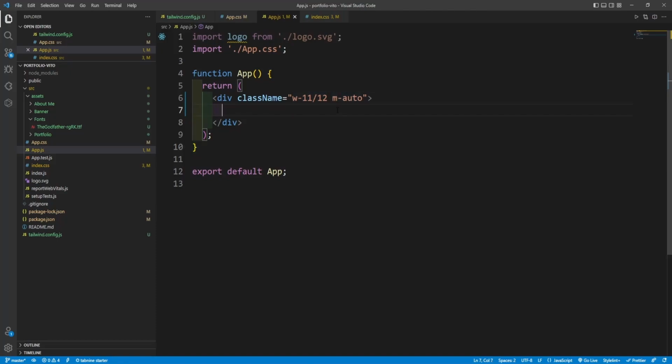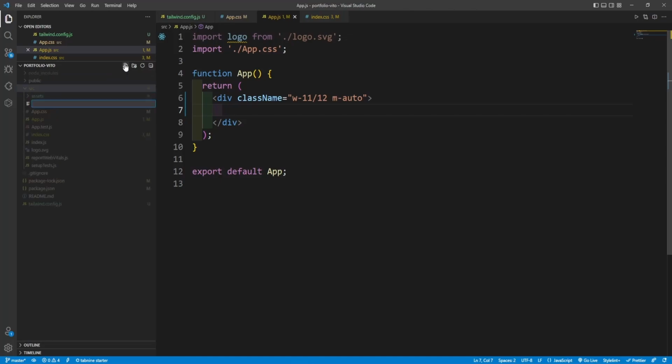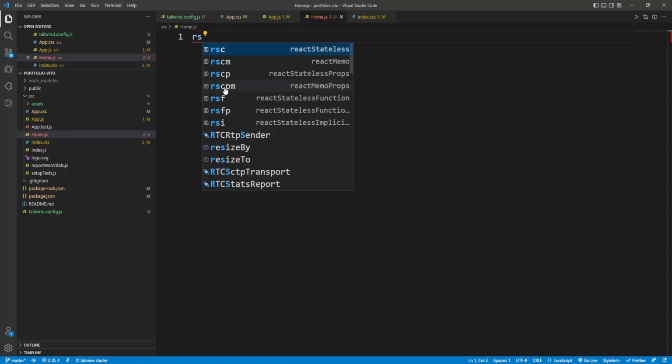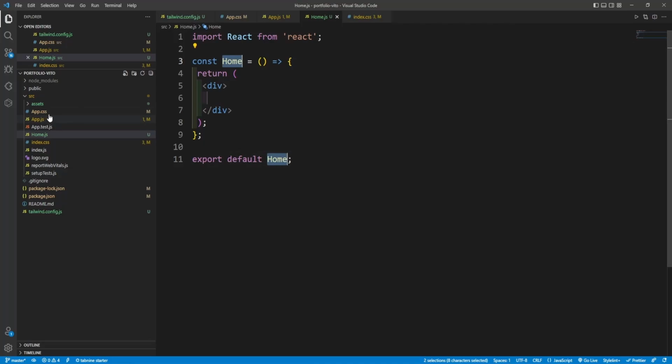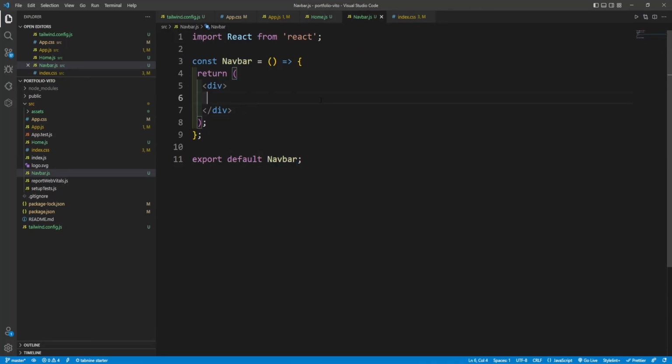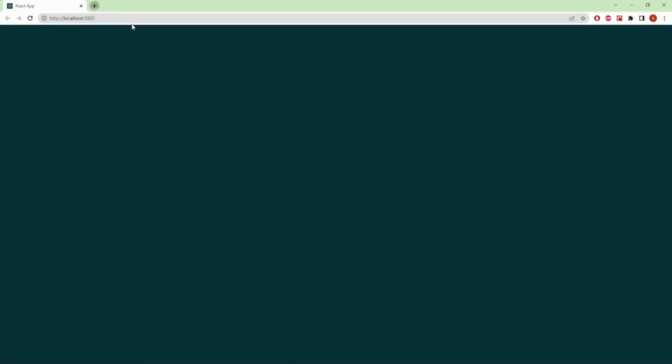Now we are going to make some files. The first file is going to be in the source folder. It is going to be called home.js. Everything we make, every section, we are going to import it in the home.js. So rsc. Now go and make another file. It is going to be called navbar.js. rsc. Okay, and we are going to take the component from DaisyUI,